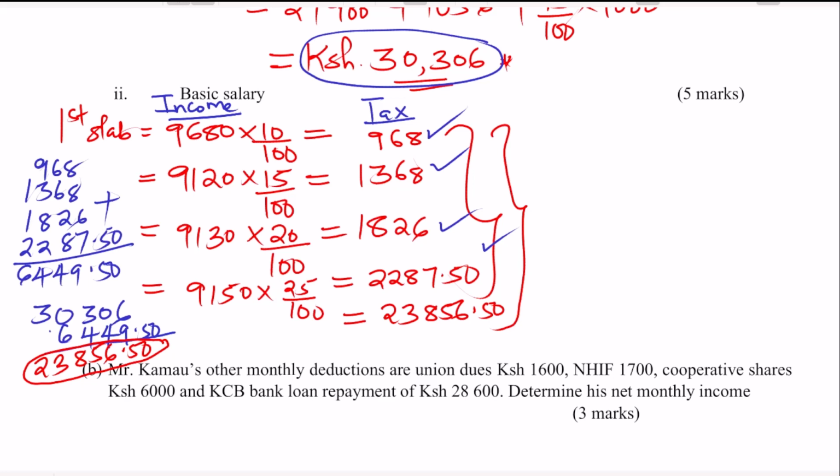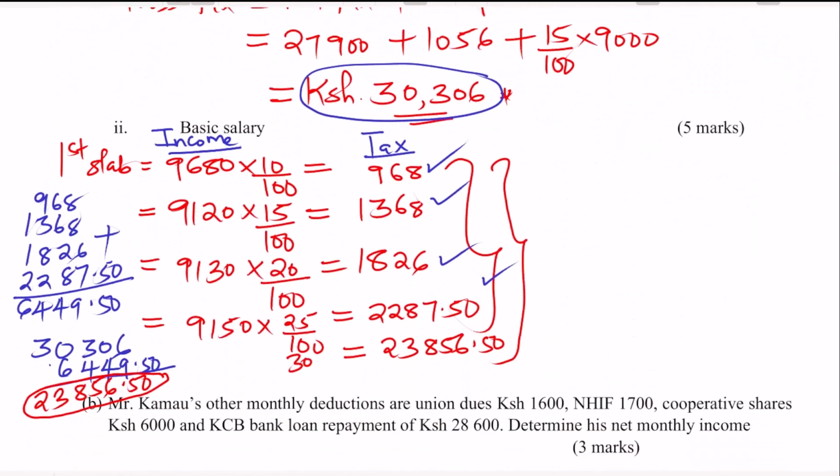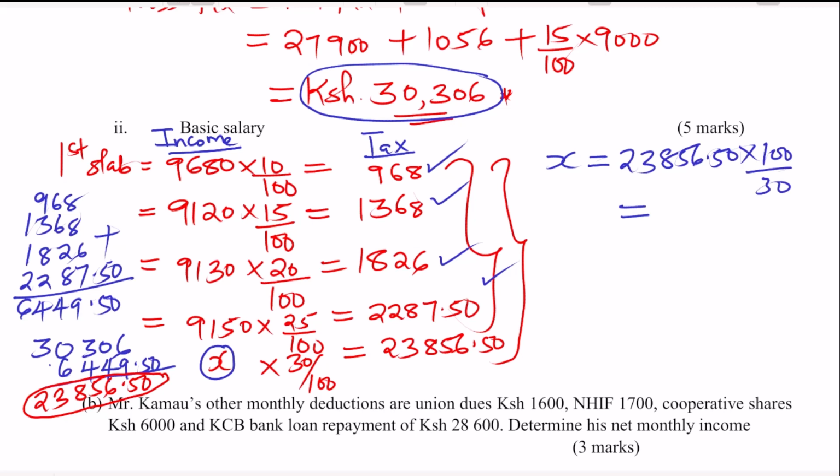30,306. Something else that we have in the last slab is the rate of taxation, which is 30%. So 30%, we already know that. So this one is 30% of a certain amount. Now what we don't have in that slab is the income that was taxed in order to get 23,856 and 50 cents as a tax. And that one is very easy to get. To get this one, X will be given by 23,856 and 50 cents times the reciprocal of 30 over 100, that will be 100 over 30, and this one will give us